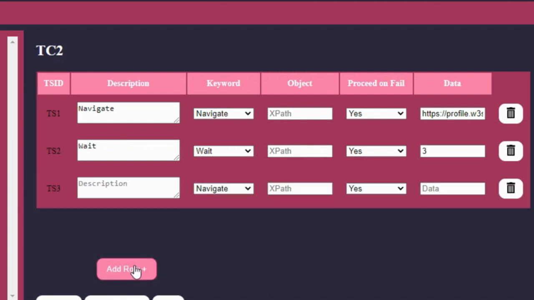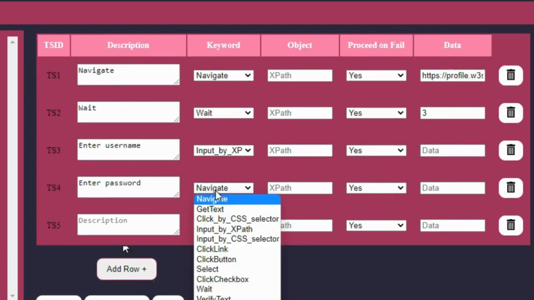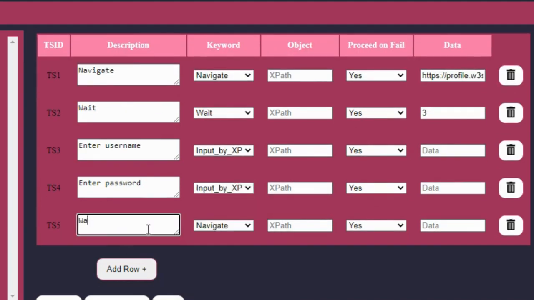Let's add a new step called enter a username and select keyword as input by XPath. And we'll do the same for enter password, input by XPath. And we'll add another wait before we click on login. Select the click button keyword, and after clicking the button, we want to wait for a few more seconds for